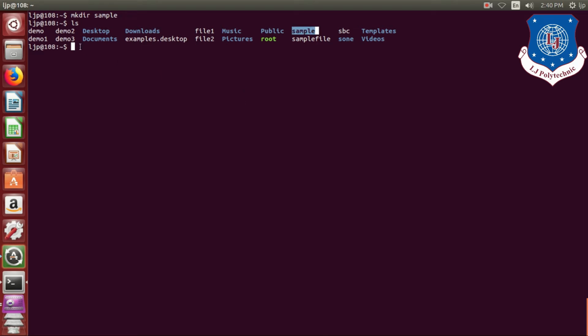If you want to give more than one directory name in command line, then this command, that is mkdir command, will create each of these directories.